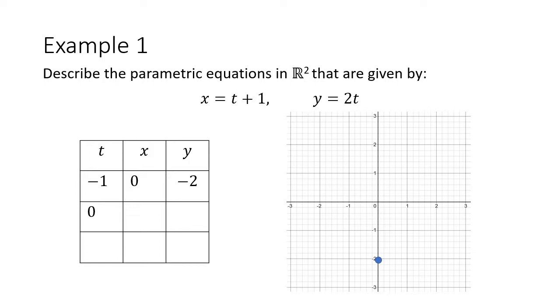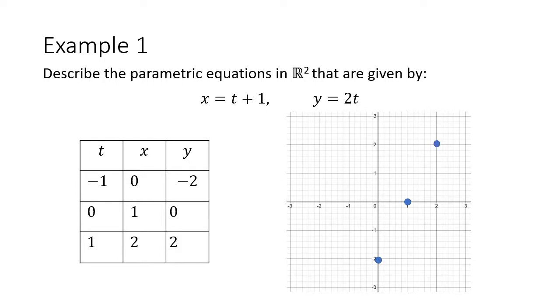So let's try t equals 0. If I plug in t equals 0, the x would be 0 plus 1, which is 1. The y would be 2 times 0, which is 0. And so I get the ordered pair 1, 0. I plot my ordered pair 1, 0, and that's the next place that this set of parametric equations is going to plot to, for t equals 0. Let's do one last one. If t equals 1, it's that same process. We plug it in. 1 plus 1 is 2. That gives me my x coordinate. And 2 times 1 is 2, which gives me my y coordinate. And so I can finally plot my last point,